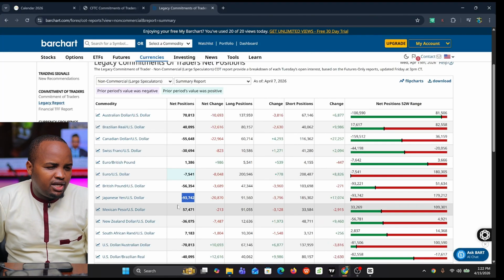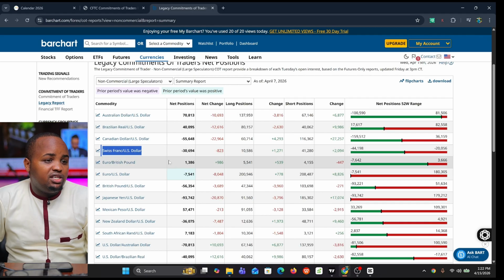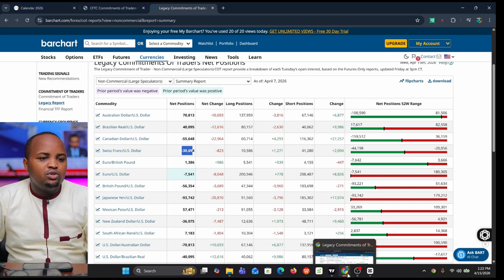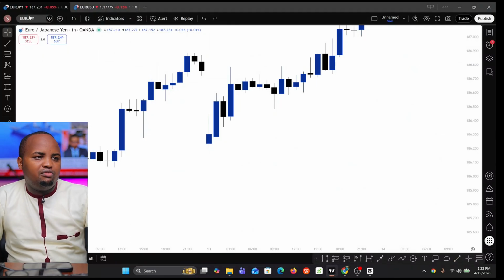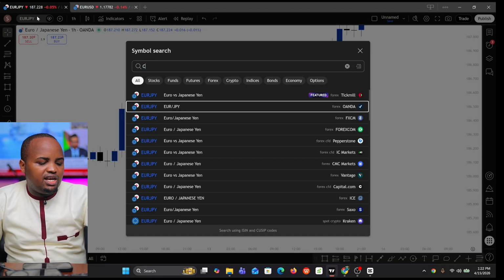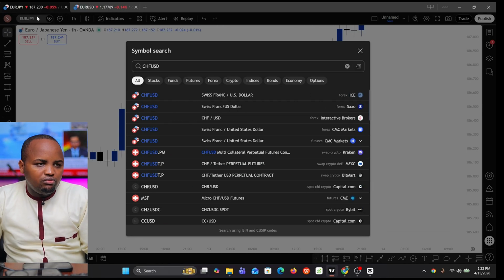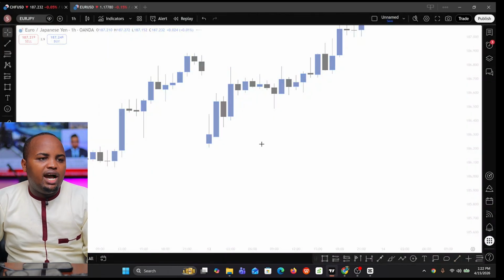We can actually check on something else, which is avoid these funny currencies. Let's see on Swiss franc, and you see, this is negative 30. So if you are trading CHF USD, it must be selling at that date. So where is it? CHF. But avoid such currencies. Avoid one with the US. You'll just need to combine it around